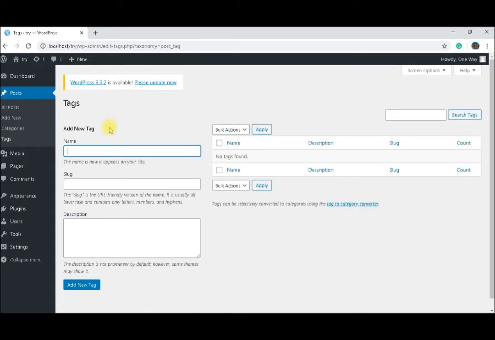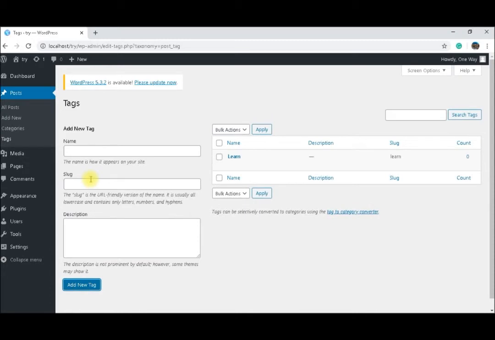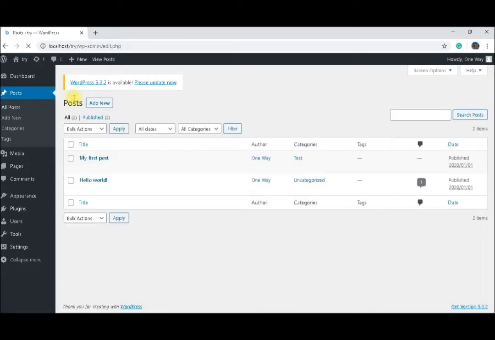It is a similar way to adding the categories. So I will add this one. I'm adding a tag, learn, and it has a slug, the same way as we discussed in the category learn. I will not put a description for it now, and I will add this new tag. Okay, and when I come to my all posts,